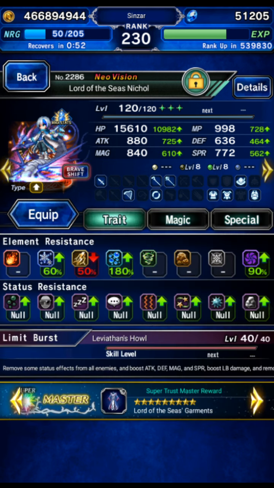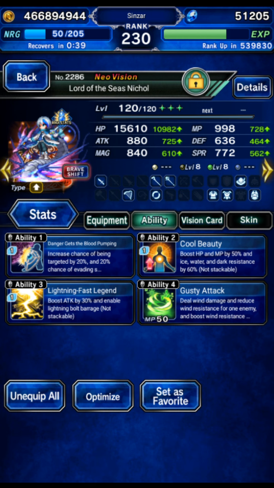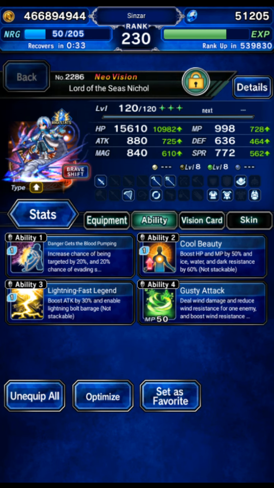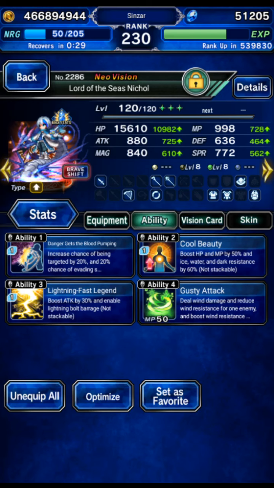And then I gave him some dark resist in case we accidentally pushed phase 2, because phase 2 he does dark damage, but we never did, so dark damage is not important. Super Ribbon for charm immunity. Make sure he is not dual wielding, because we're using his chaining with Esther. We don't want to be dual wielding. Shift form, identical. Oh yeah, and Gusty Attack. Gusty Attack, even though it doesn't say it, it is Stardust Ray framing,